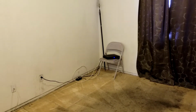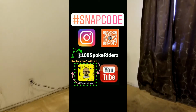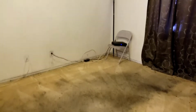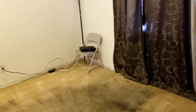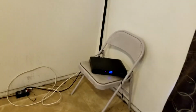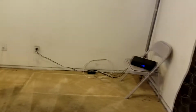So this is the start of it. There was a bunch of stuff all right there. A big main TV, the small TV. Anybody that's really seen my Instagram stories or my Snapchat stories should already know what it used to look like over there, so there's no before and after happening. But the first order of business is to get this room cleaned out, and that's what I did. I cannot take this out yet because this is for the cable system, the TV cable. If I unplug this, none of the other TVs will work in the house. So for now, I gotta leave that hooked up. But the next order of business is to